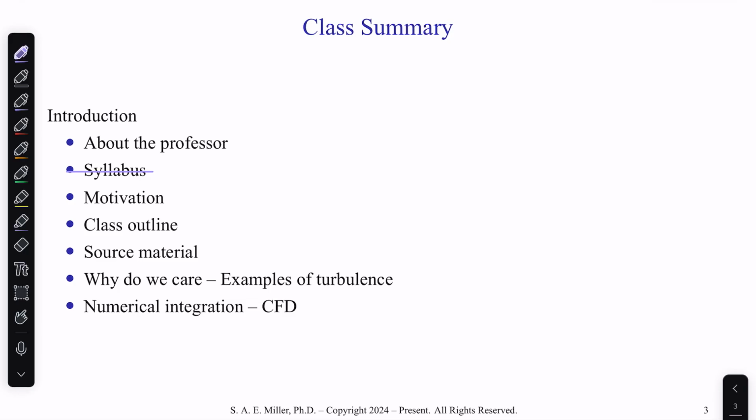I'll also talk about the source material, which includes books and journal articles over time, from the time of Navier and Stokes and before, all the way up through today in the 2020s. And we'll also talk about examples of turbulence and why we care. And we'll talk about particular numerical integrations and looking at discrete solutions of fluid dynamics and turbulence through computational fluid dynamics. But this class does not necessarily focus on turbulence, transition, or laminar flow. It's focused on the equations themselves, the physics of flow, and their predictions.